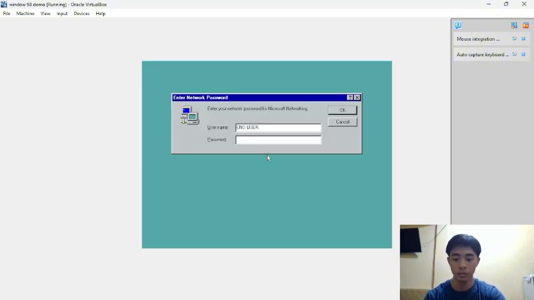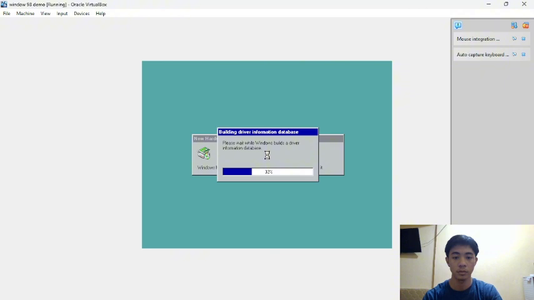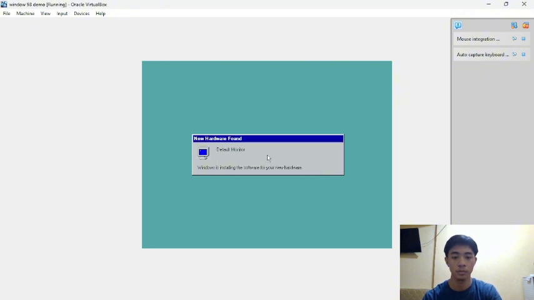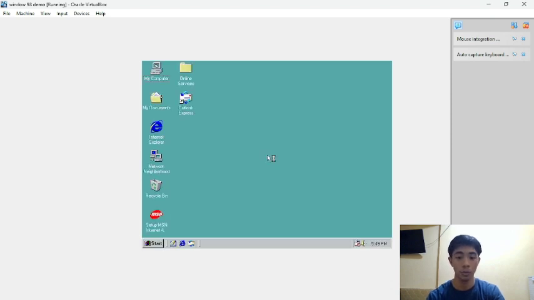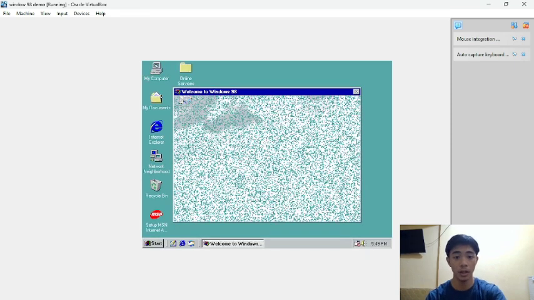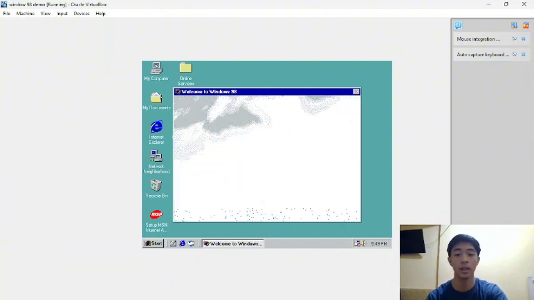Then we will click OK since we don't set a password for this computer. Our new PC, Windows 98 is already done.